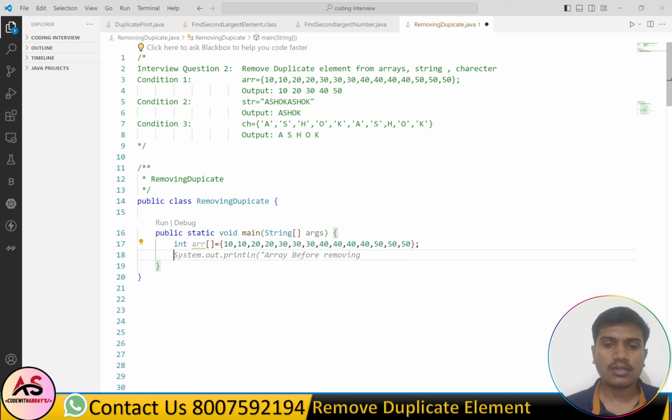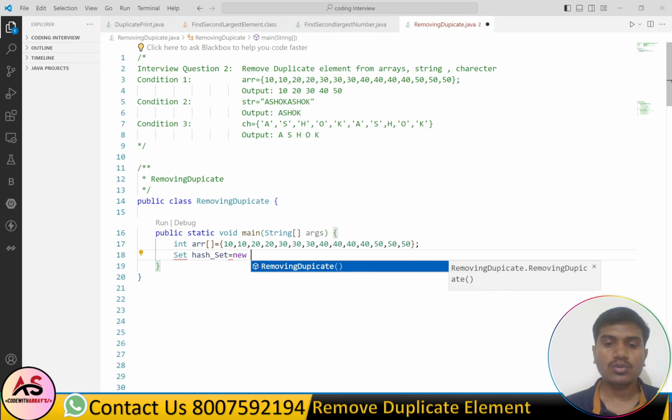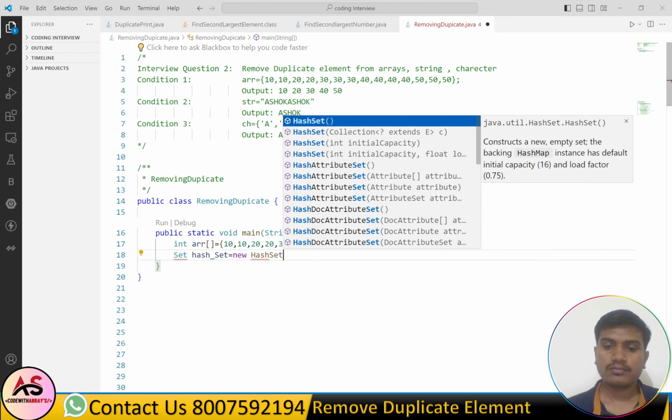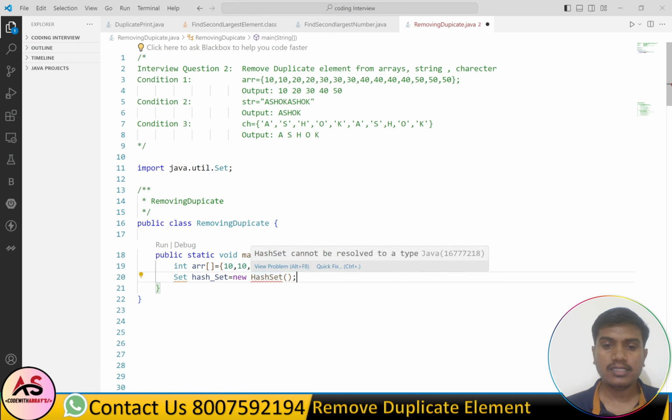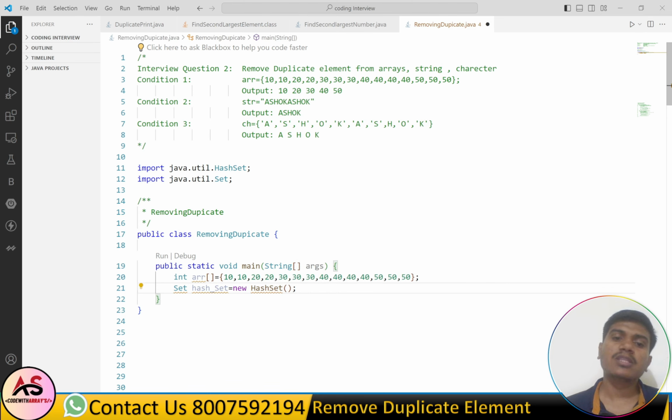For that I will define a set. So Set hashSet equals to new HashSet, and I will import Set and HashSet. So these two are very important, because the interviewer does not give you an editor to write code in; they will tell you to write code in a notepad, or they will give you one online compiler.